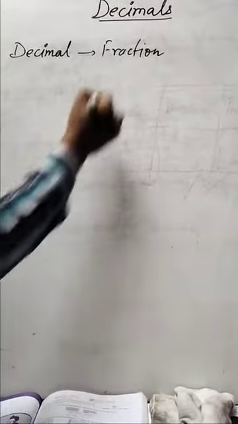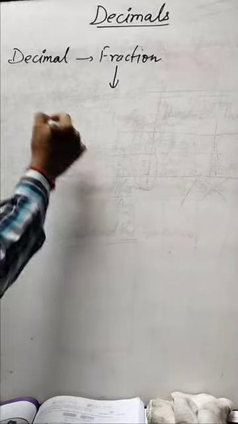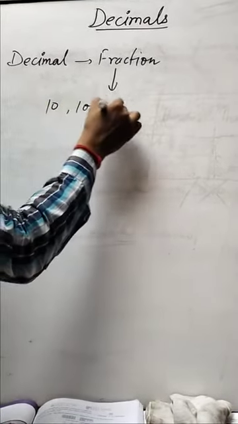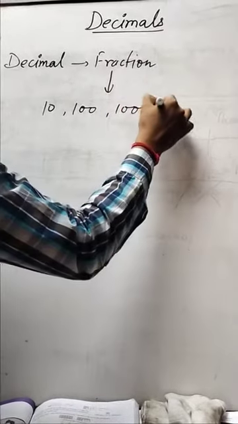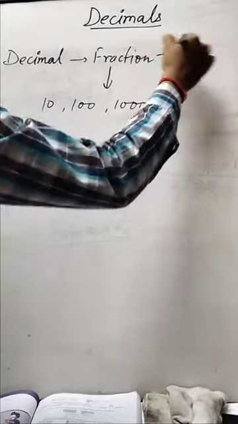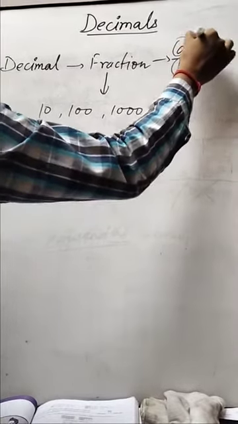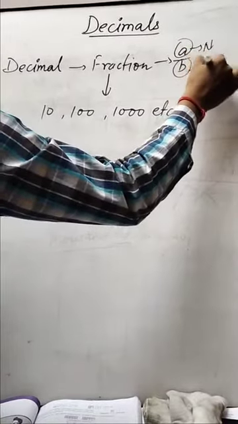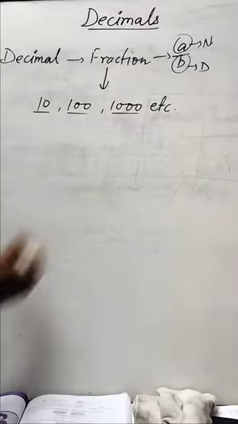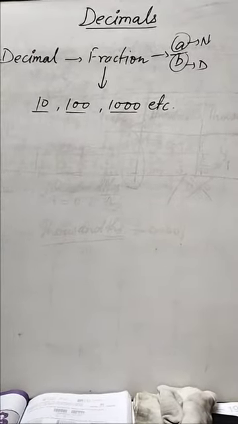Okay, what you will learn in this fraction, what the specialty of this fraction is. In this fraction you will get numbers like this, and that number will be present at the place of denominator. You know fraction, for example a and b in a form, the upper is called numerator and this part is called the denominator. If the denominators are in the form of 10, 100 and 1000, then that will be in the form of decimal.